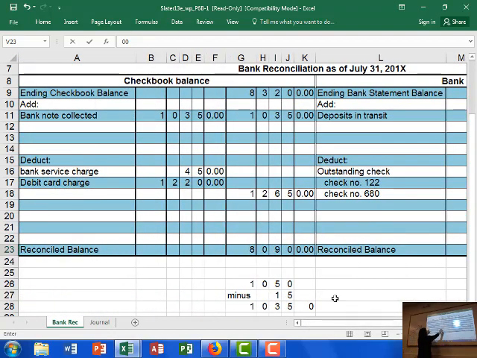On this other side, where your check balance is, move it over. Notice this is the banknote that was collected. So we have to go ahead and show that we ended up getting this money, right? Because it's already added into the bank. So we put it into our checkbook balance. We have to deduct the service charge, and we have to deduct the debit card, because it's not a check. So when we add this to the 8,000, but we subtract then the 1265, you end up with the balance of $8,900 as far as your checkbook and your bank reconciliation.